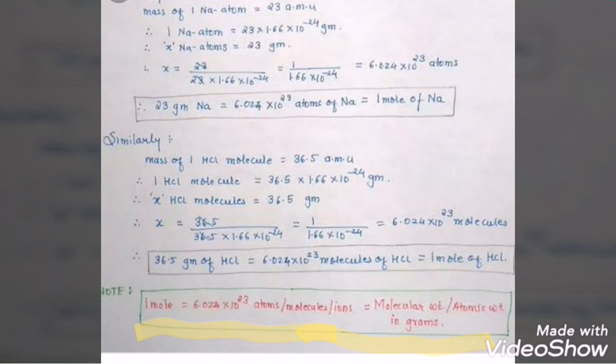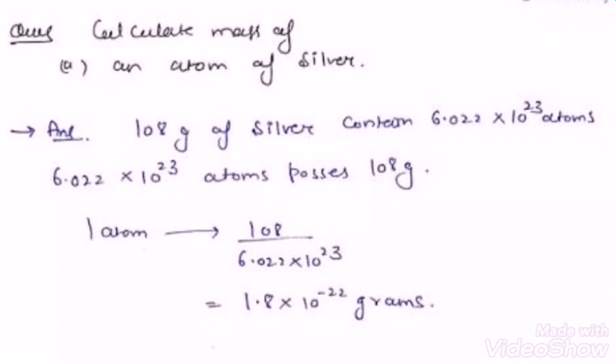Now look over this numerical. Here the numerical, again I have written, just look over the highlighter at the bottom. 1 mole is equal to 6.022 into 10 to the power 23 atoms or molecules or ions, which is equal to the molecular mass or atomic mass. If you learn this whole line thoroughly, instead of learning any formulas, you can make your mole concept numerical solutions very easy. Then only you can follow that pattern which I showed in the unitary method.